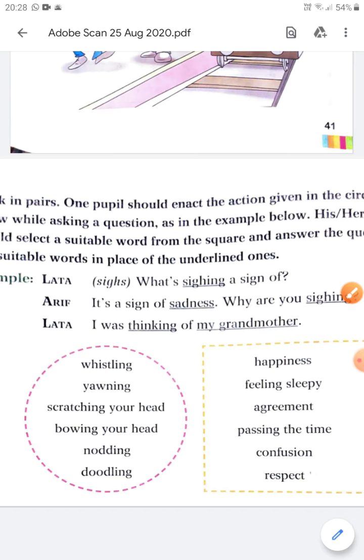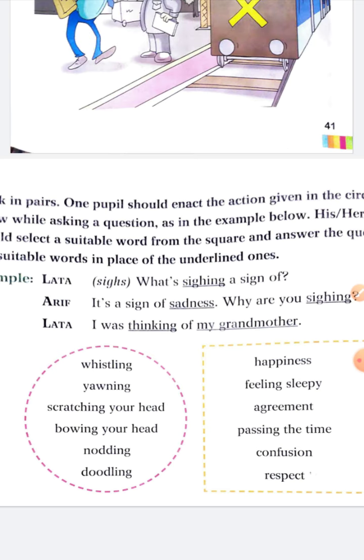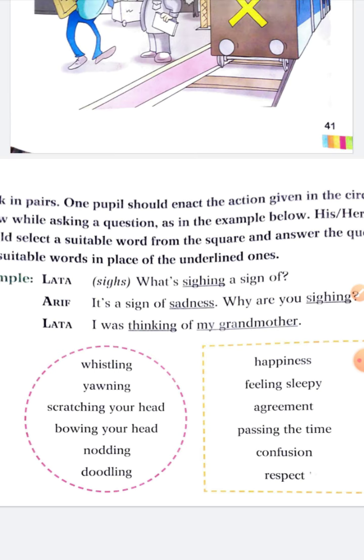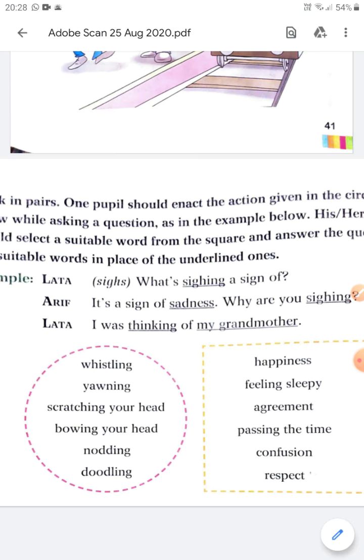Only 3 exercises today. You'll do them and this exercise has to be done in the notebook. I've told you in the worksheet also that only this third exercise has to be done in the notebook. 1 and 2 will be done in the books only. Okay children, we'll meet again and do the other exercises of the same chapter. So next time you sit for the class, sit with your book so that you can fill up along, listening, simultaneously.